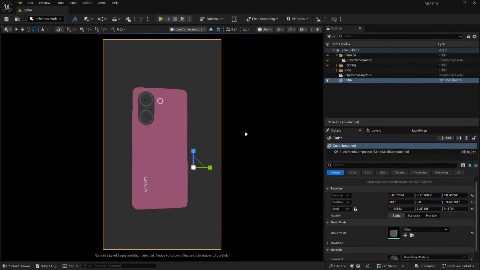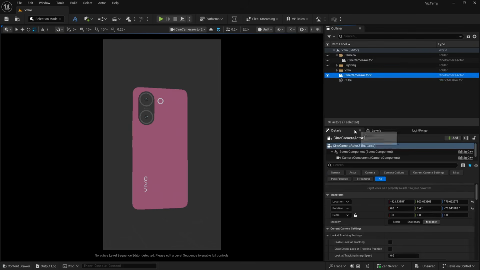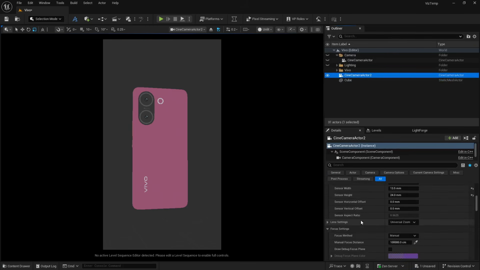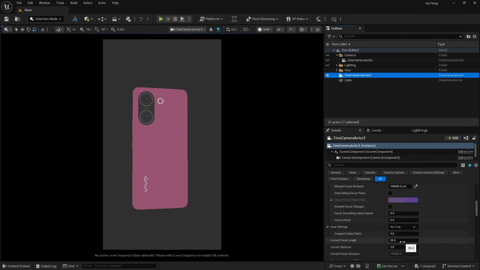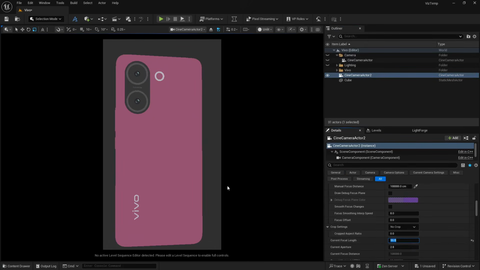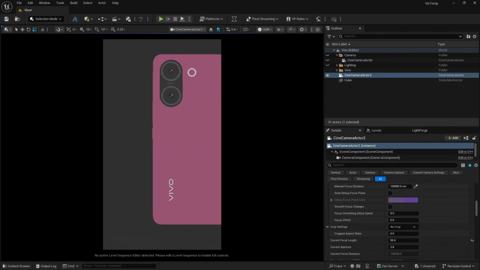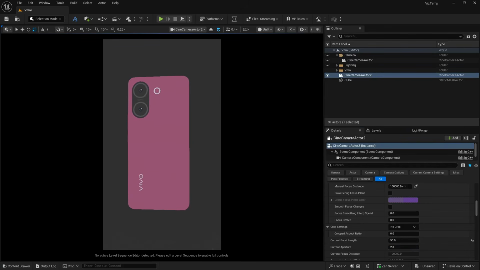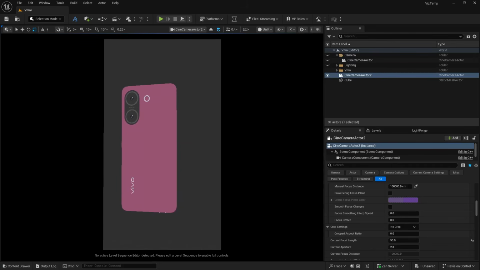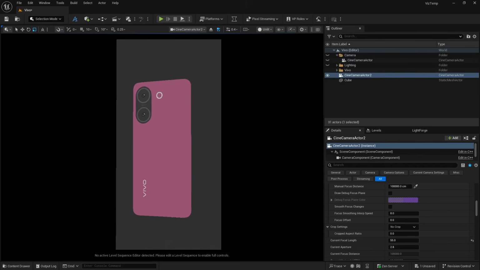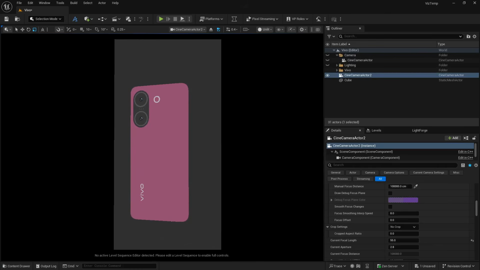Now I want a telephoto lens, so I'm going to go to cine camera actor 2 and here I'm going to increase my current focal length to, let's say, 55, and let's just zoom out now. Okay, something like this. I'm going to rotate my camera here. Okay, something like this here, so we can get that phone look. And if I want,